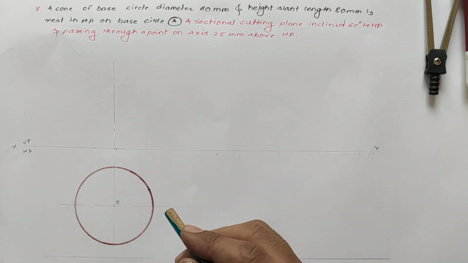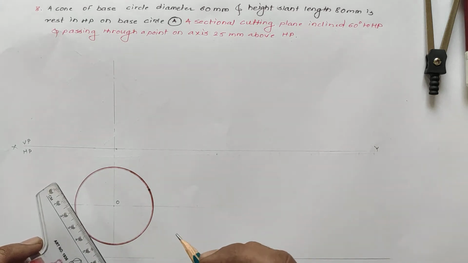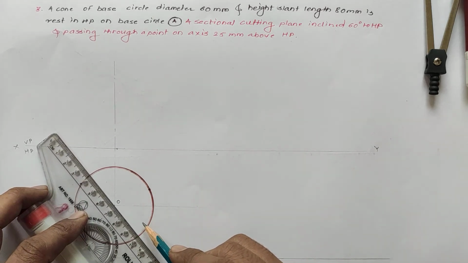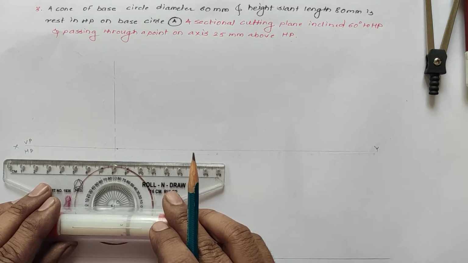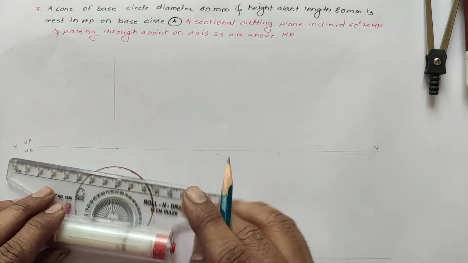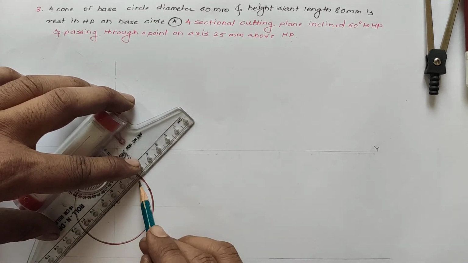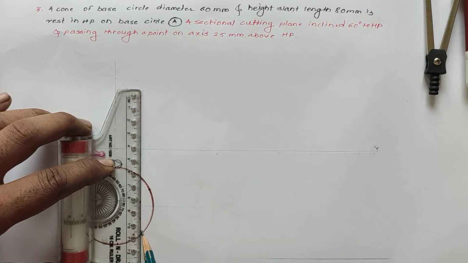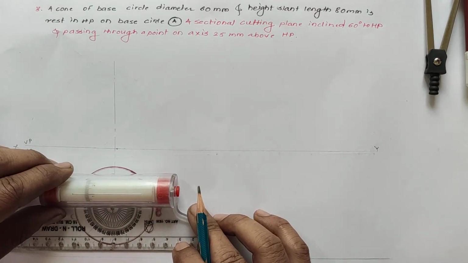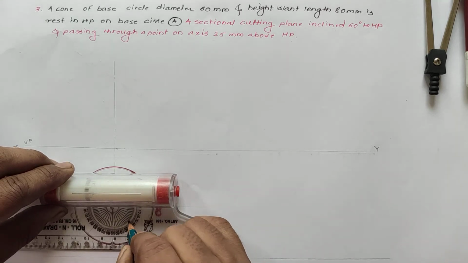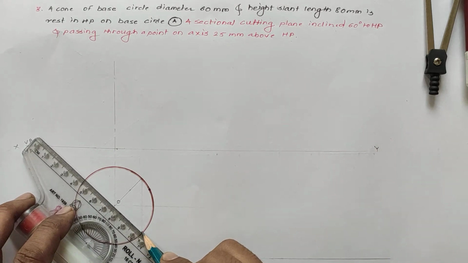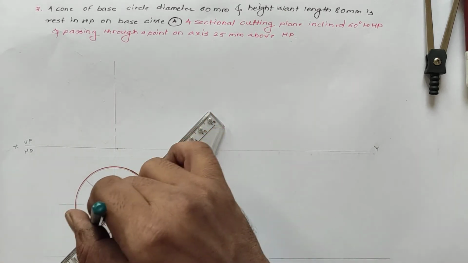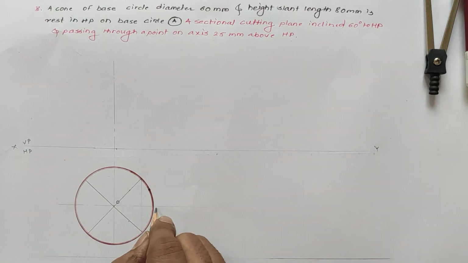Okay, then divide the circle into 8 equal parts, exactly at 45 degrees. Similarly, draw the vertical line and simply take the 45 degree divisions. So the circle is divided into 8 equal parts. Then give the numbering or letters.